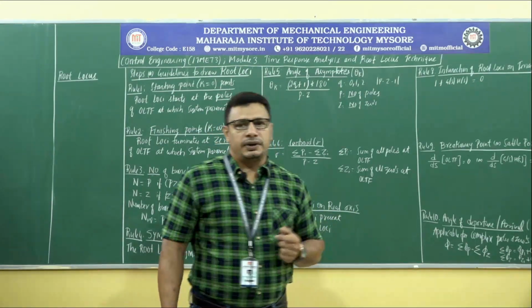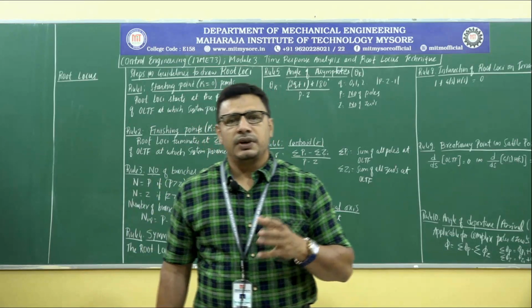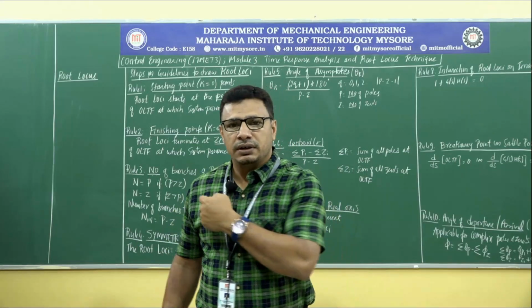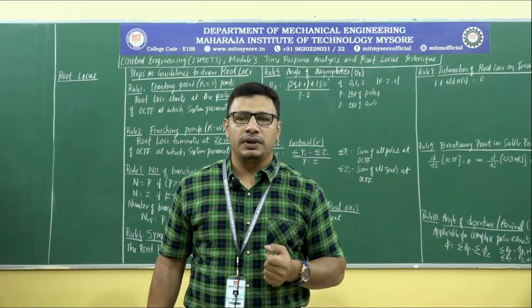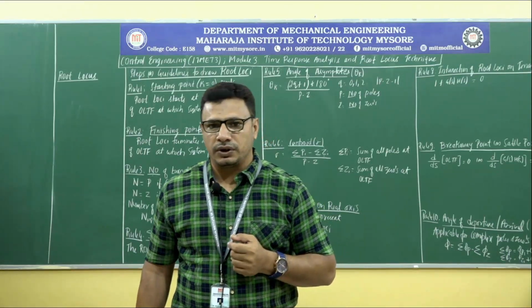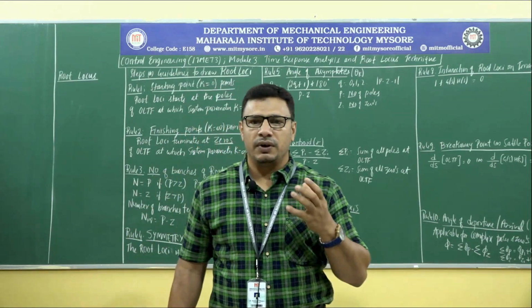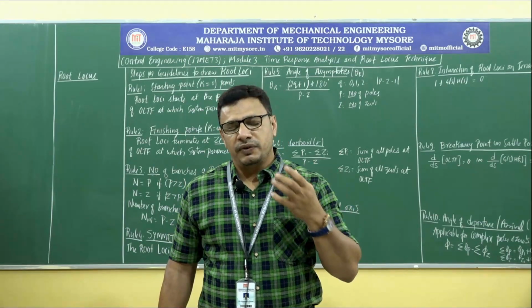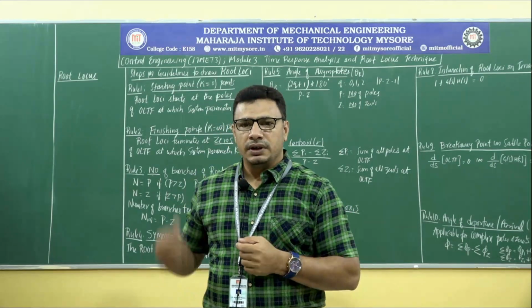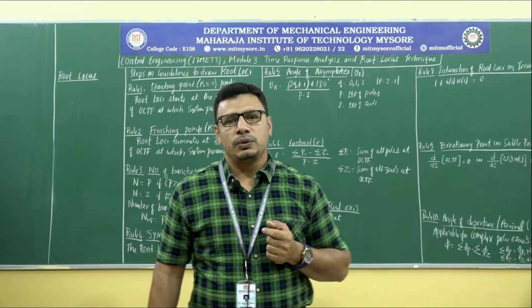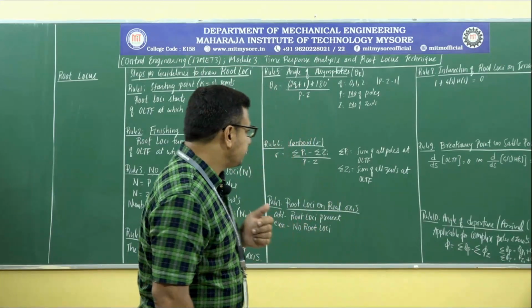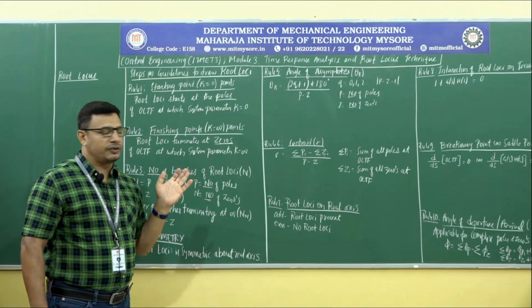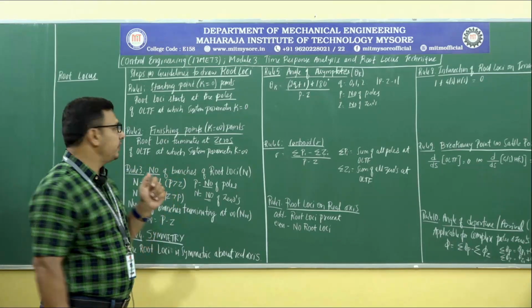Now, how do we go about developing a root locus plot? There are 10 rules which will help us in developing the analytics for plotting root loci or making a root locus plot. The analytics you have to develop to evolve a root locus plot or root loci, we will be able to get by following the guidelines or 10 rules for the root locus technique. Now, what are those 10 rules or 10 steps for plotting root loci?